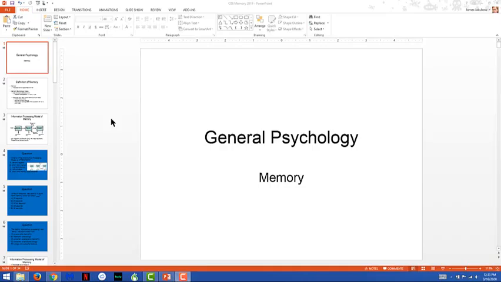Okay, and welcome to the memory chapter. Now, the memory chapter itself, as I mentioned in the previous learning chapter, is very closely tied to learning itself. Learning and memory, in fact, seem like nearly the same process, but in separate sections of the brain. And consequently, you find a lot of overlap in the underlying structure and functionality of how memory operates and how